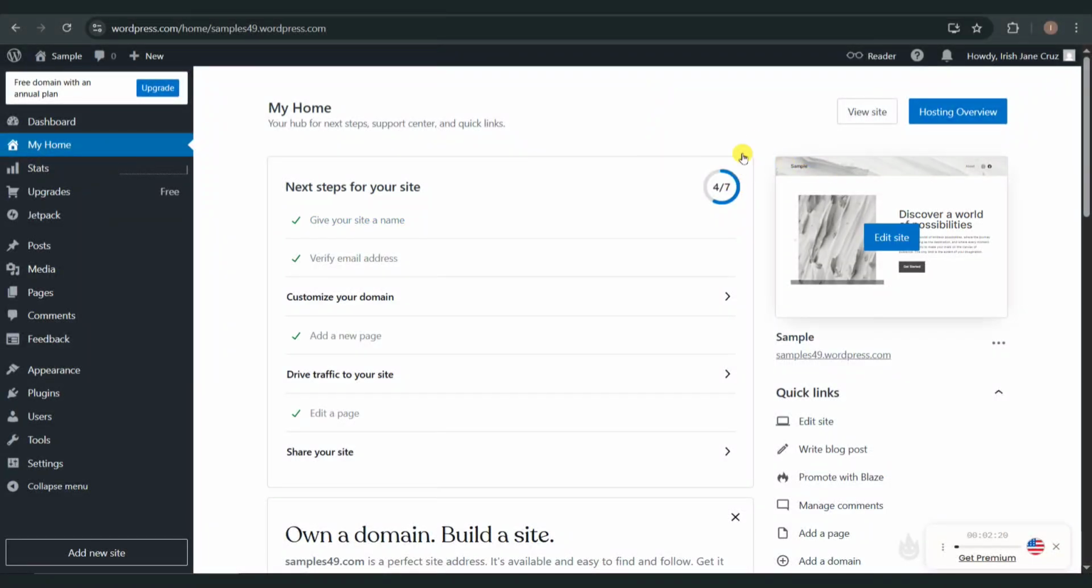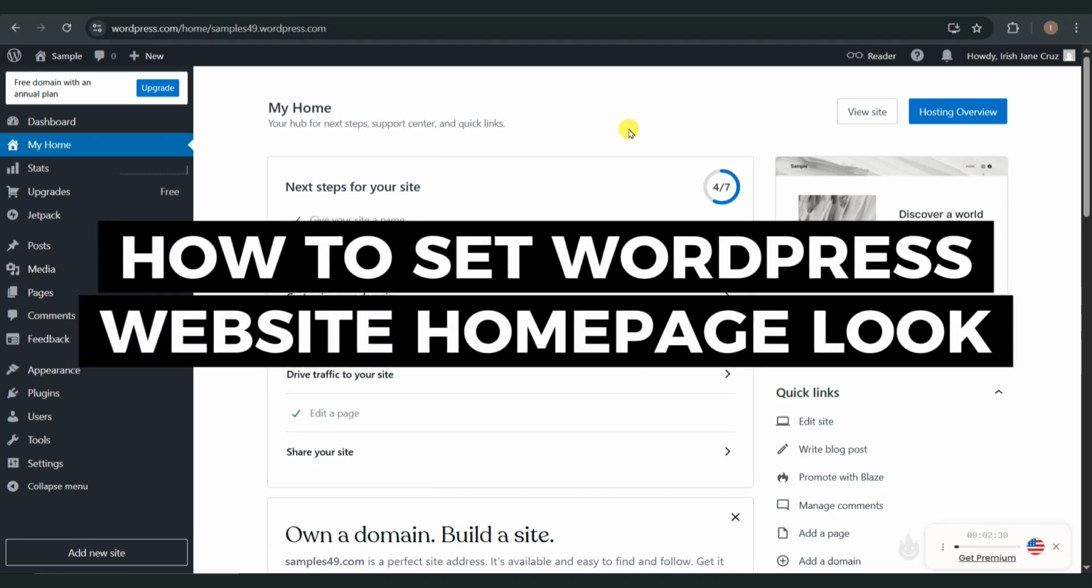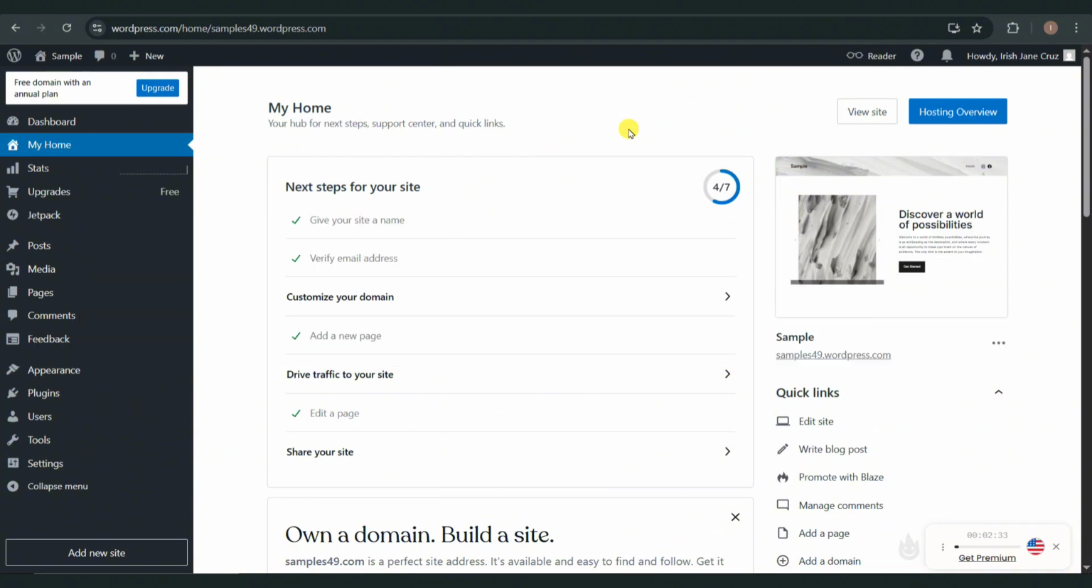If you've ever wondered how to make your WordPress homepage look exactly the way you want it to be, today's your lucky day. In this video, I will show you how to set WordPress website homepage look. So the WordPress website homepage look basically looks like the theme that you first selected when you signed up for